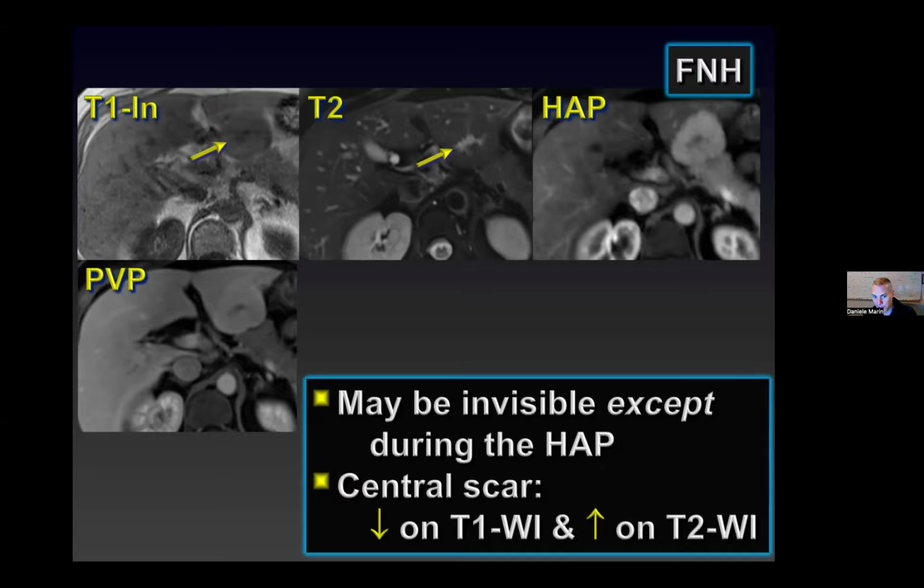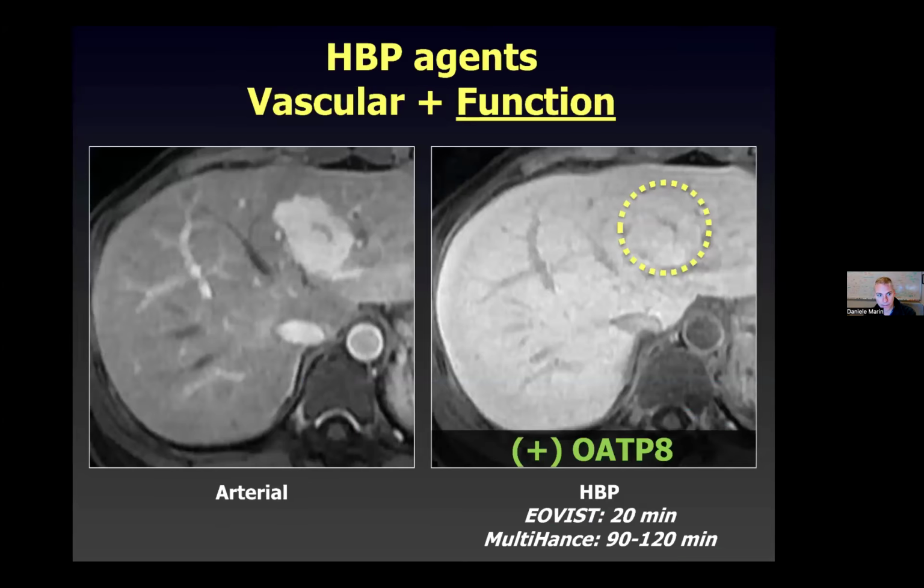And we will see later on in the lecture that this is a very important finding to differentiate between focal nodular hyperplasia and fibrolamellar HCC. MRI can also provide additional diagnostic information when we use hepatobiliary contrast agents like MultiHance and Eovist. The typical appearance of FNH on the